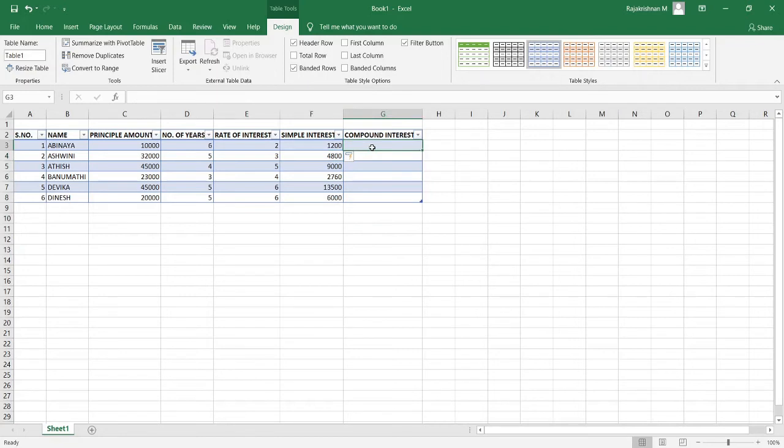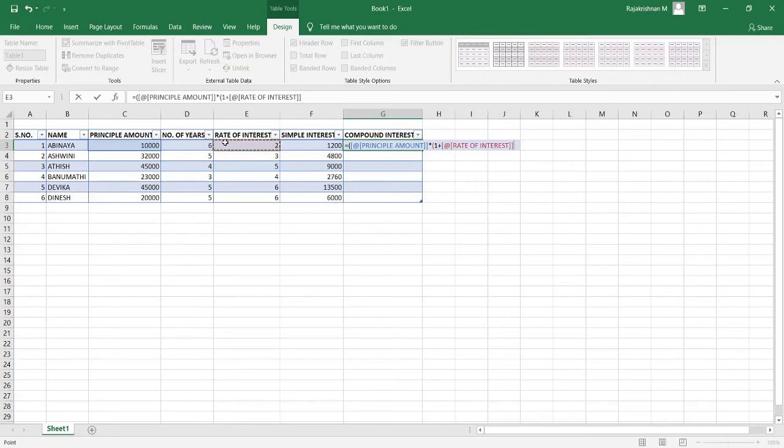Now I am going to enter the formula to calculate compound interest. For that we have to use a formula. Principal amount into, again open the bracket, 1 plus rate of interest divided by 100, close the bracket. So power symbol we have to insert.